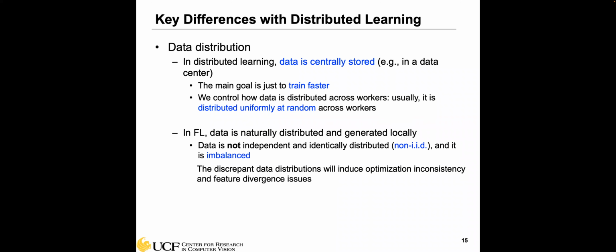Let's assume we are trying to learn a vehicle detection model using federated learning, wanting to harness all this data distributed over the camera networks. I'm sorry, the application is anomaly event detection, like a car accident or some other